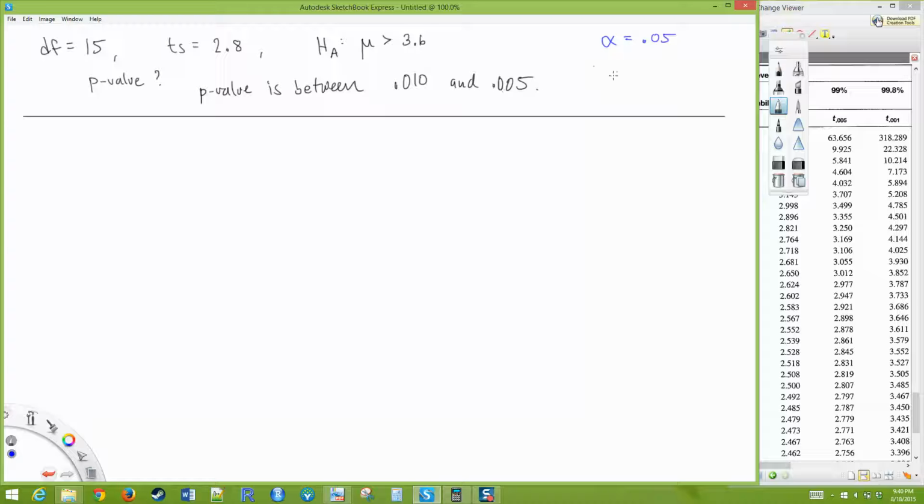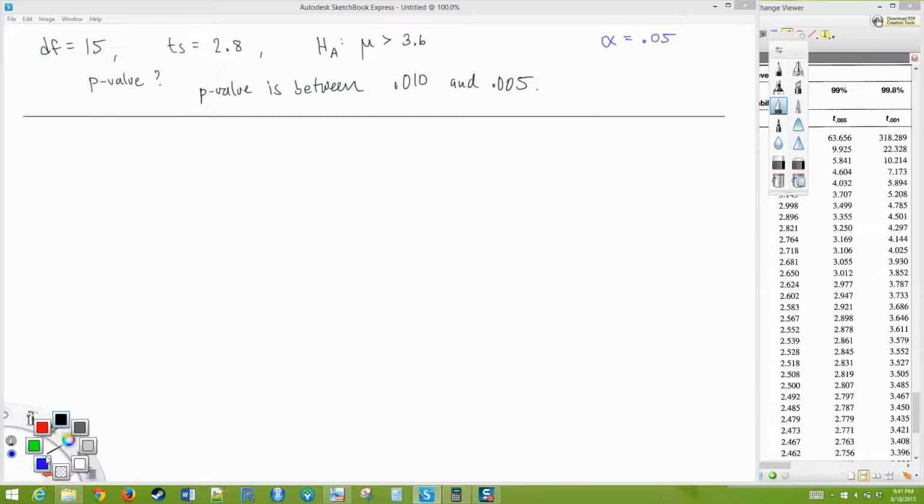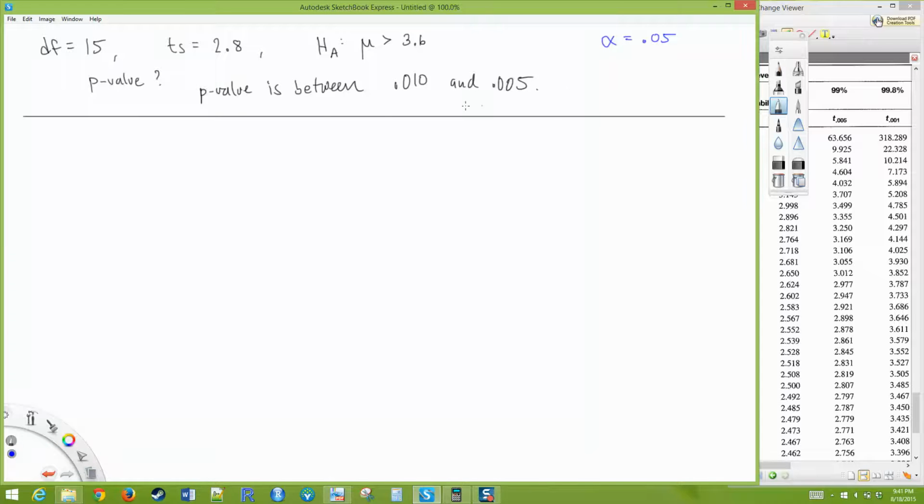Is my p-value bigger or smaller than alpha? It's between 0.010 and 0.005. Bigger. It's smaller. It's smaller, right? It's between 1% and 1/2 of 1%. That's definitely smaller than 5%, right? So I know the numbers look funny, but don't be deceived by the decimals, okay? So the p-value is less